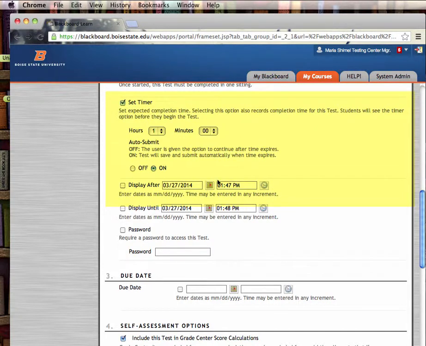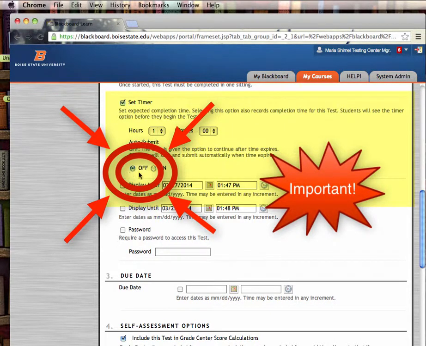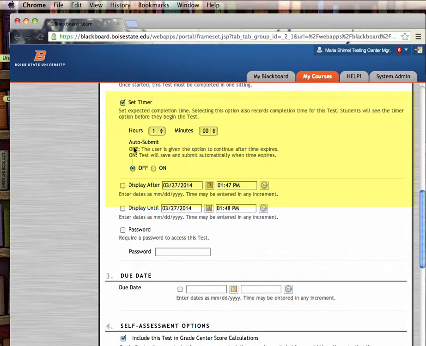If your student has a disability exception in which they require double or triple time on their exam, make sure the auto submit button is off. That means that when the student reaches the end of the timer, the 1 hour timer that we have set here, a box will pop up advising them that the timer has run out and they can either submit their test or continue taking the exam.